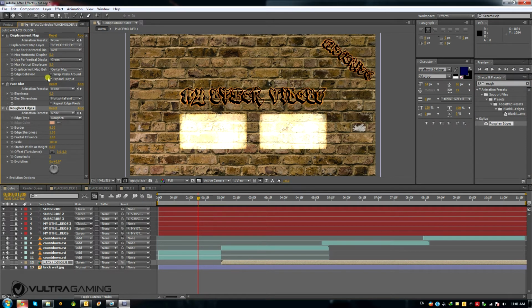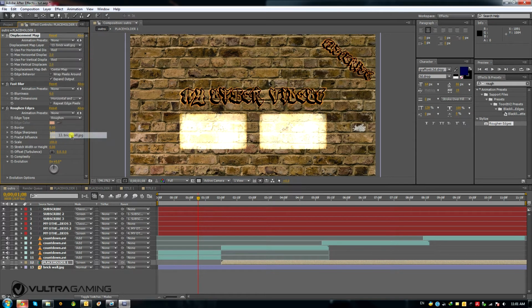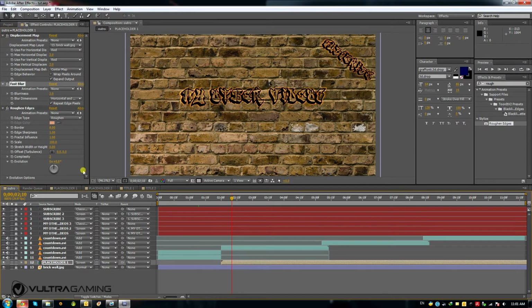Now I'm going to set displacement map to 2, red, and set brick wall as a source. I'm going to set the blurriness to 2. I'm going to set edge type to roughen, border 8. Evolution complex, I'm going to set complexity to 10. And then